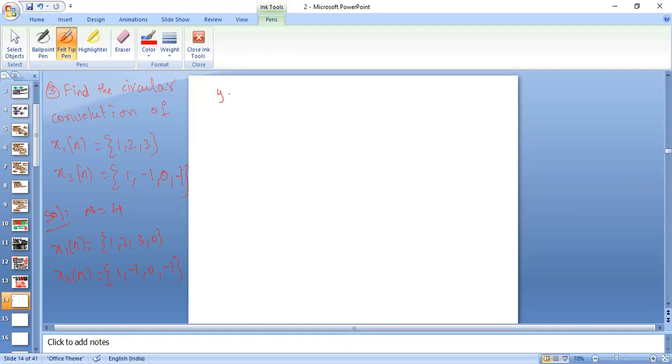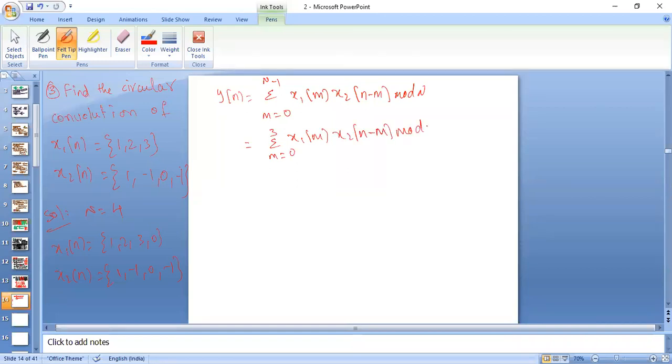So here y of n is equal to sigma m is equal to 0 to N minus 1 x1 of m into x2 of (n minus m) mod N. It is equal to sigma m is equal to 0 to 3 x1 of m into x2 of (n minus m) mod 4,